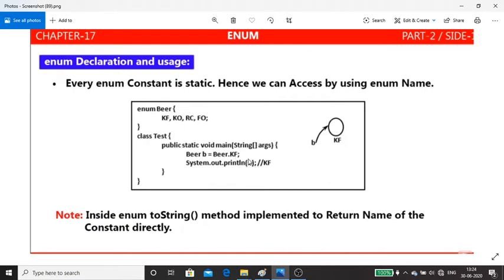Because if you write just b, internally this is taken as b.toString(). We are not supposed to write that code; internally Java considers it as b.toString() and converts the object into a string, and that's the reason you get the output KF. If it's Beer.KO, you'll get KO. If it's Beer.FO, you'll get FO.